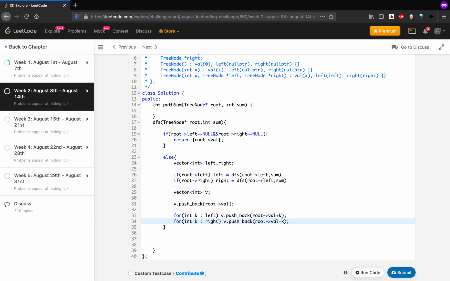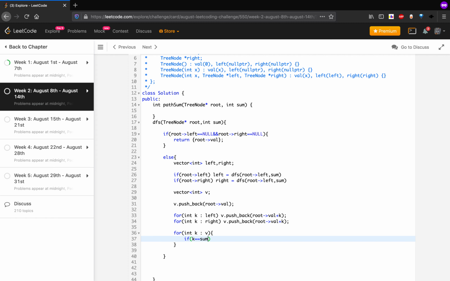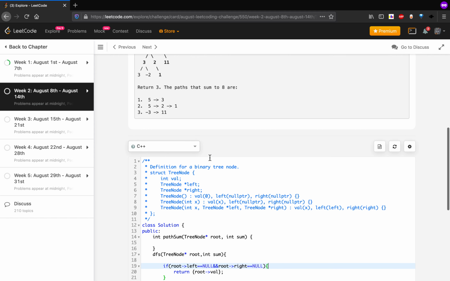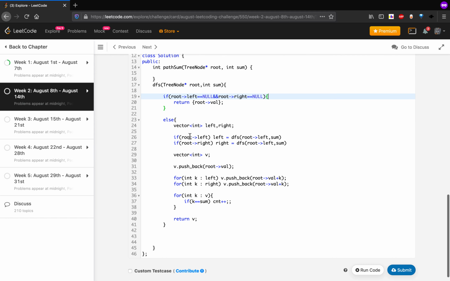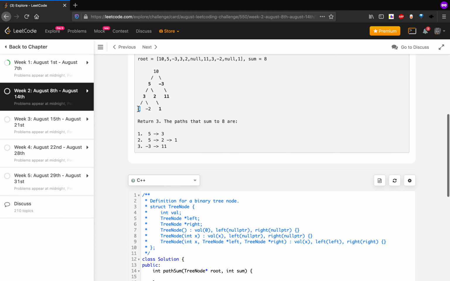Now iterate on this, for int k in v, and if k equals sum, then we just have to do count plus plus, and we just return this vector itself. Okay, then here also in the leaf node case, we are not considering what if the leaf node itself is the given sum.